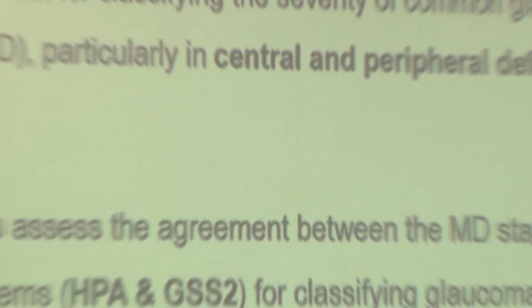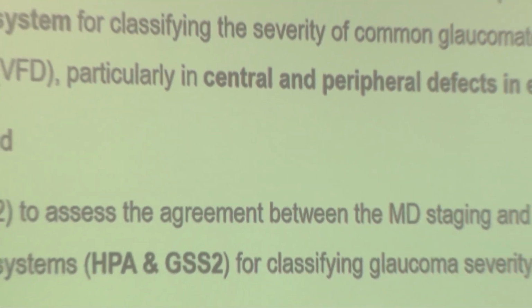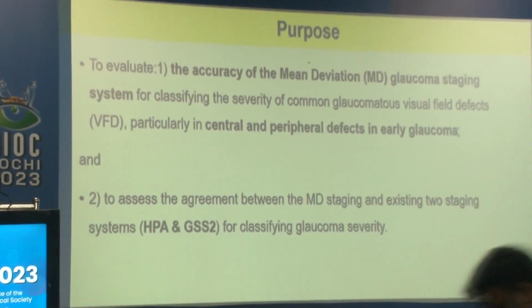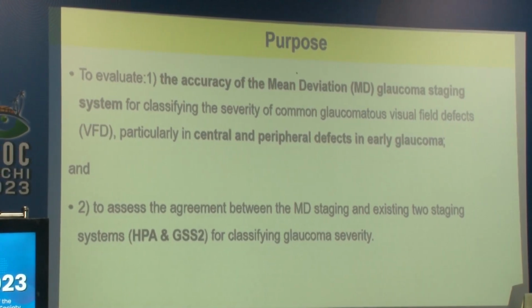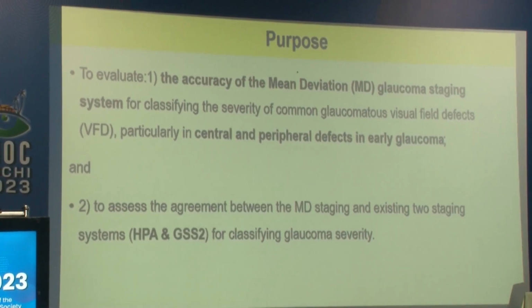Respected judges and dear colleagues, today's paper is "Glaucoma staging based on mean deviation of 24-2 visual field underrates severity in visual field defect." The purpose of this study is to evaluate the accuracy of the mean deviation glaucoma staging system for classifying the severity of common glaucomatous visual field defects, particularly central and peripheral defects in early glaucoma, and to assess the agreement between the mean deviation staging and two existing staging systems, Hodapp-Parrish-Anderson and Glaucoma Staging System 2, for